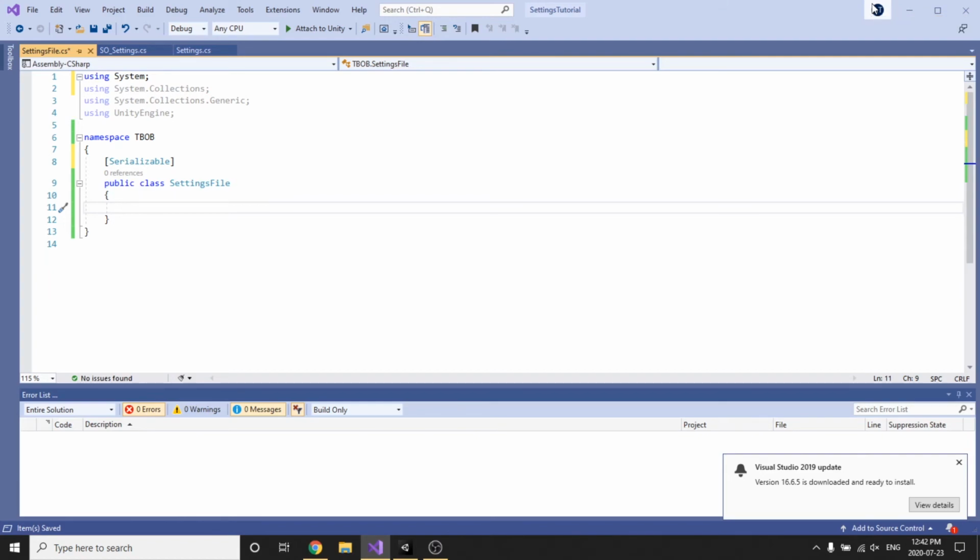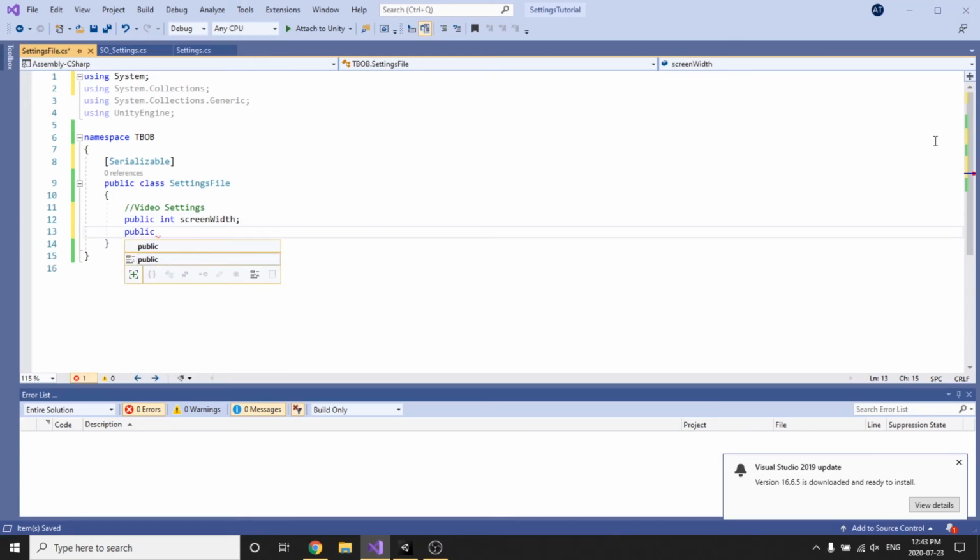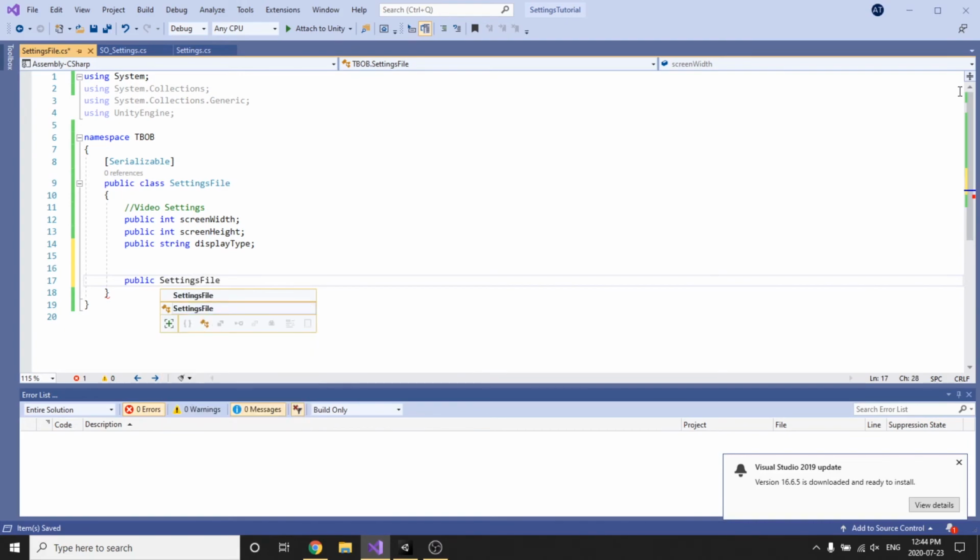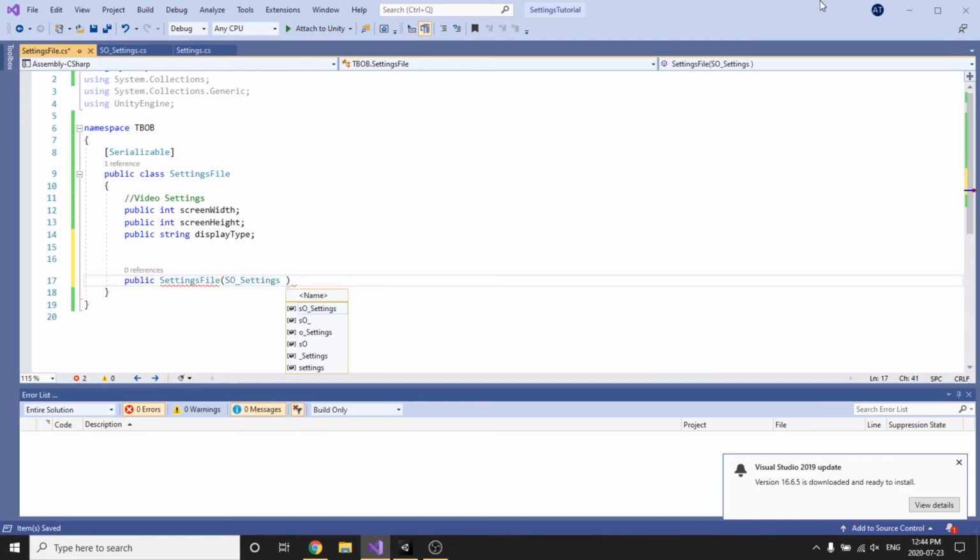Now, inside this class, we'll create 3 variables. Similar to how we did the other scriptable object, we'll create 2 int variables and 1 string variable. The 2 int variables will be called screenWidth and screenHeight, and the 1 string variable will be called displayType. Within this class, we will create a function called SettingsFile, with the parameter accepting the SOSettings